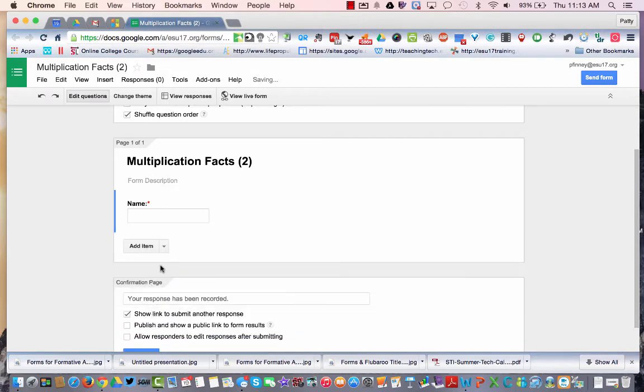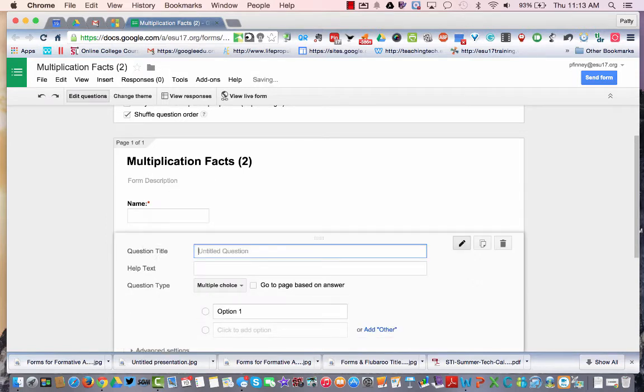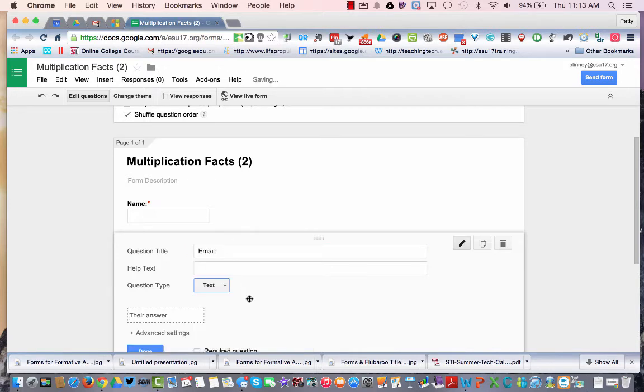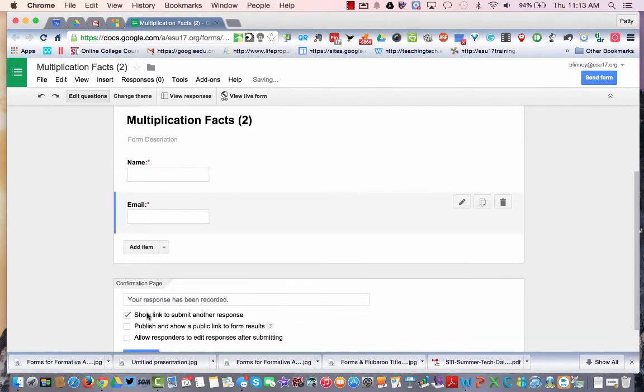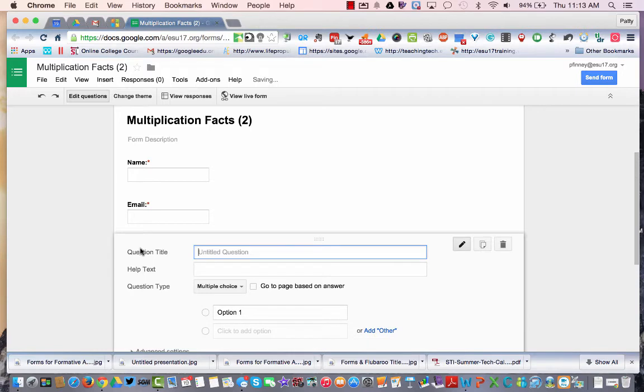And I'm done. I'm going to add another item, and I'm also going to have them share with me their email, and that's going to also be text because then I can email results, and I also want that to be required, and that's done. So I'm ready to actually start my math question. So I'm just going to start with 2 times 4